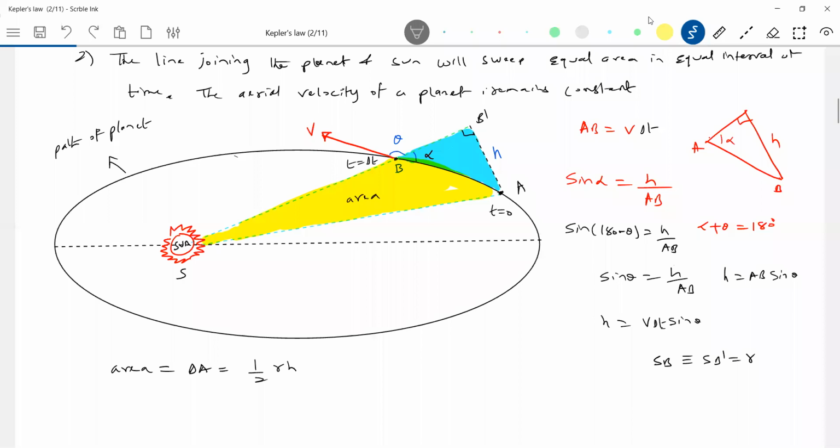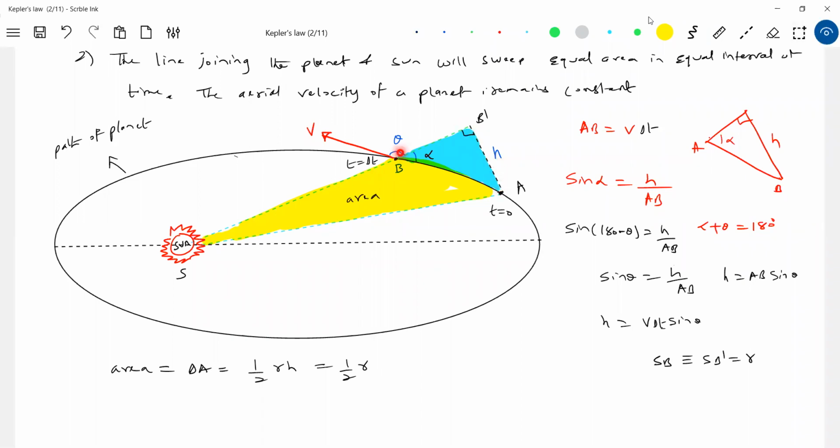Fine. So like this, I'm slowly taking help of some mathematics here. I know the area of blue color is negligible, because the planet will not move like this, no? The planet will move in an elliptical orbit here. There's a small elemental area I'm adding, and this will be negligible. Okay, what is H equal to? V delta T sine theta.